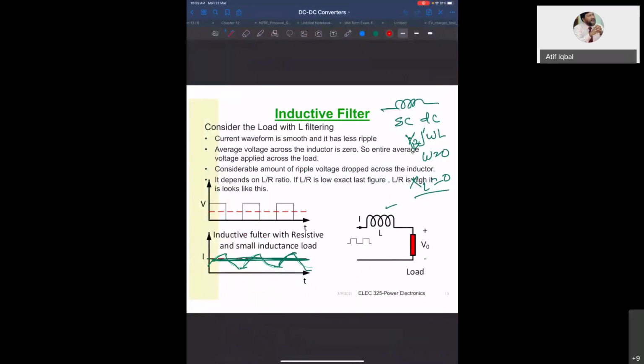Can you see the screen? Yes, we can see the screen. Yes, we can. Okay. So